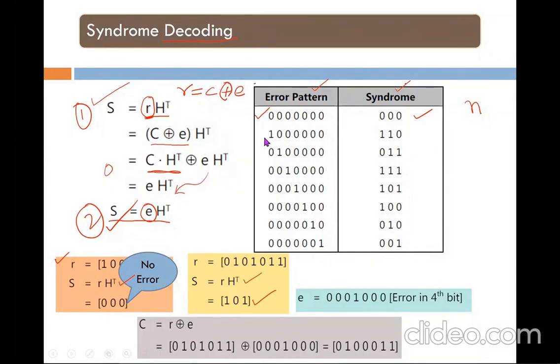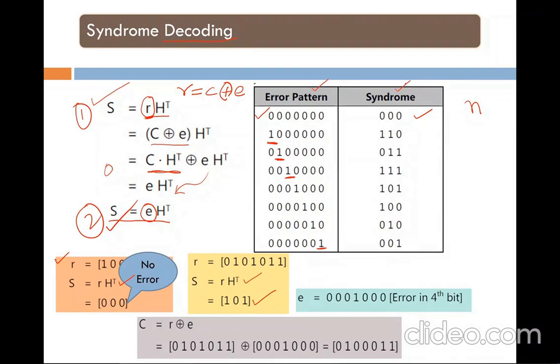Now if you look at the second row, the MSB of this error pattern is 1 while all the remaining bits are zeros. So this bit which is 1 indicates the error location. Then in the third row you can see the second last bit, third last bit and so on till the LSB, the bit 1 has been shifted while all the other remaining bits are equal to 0.